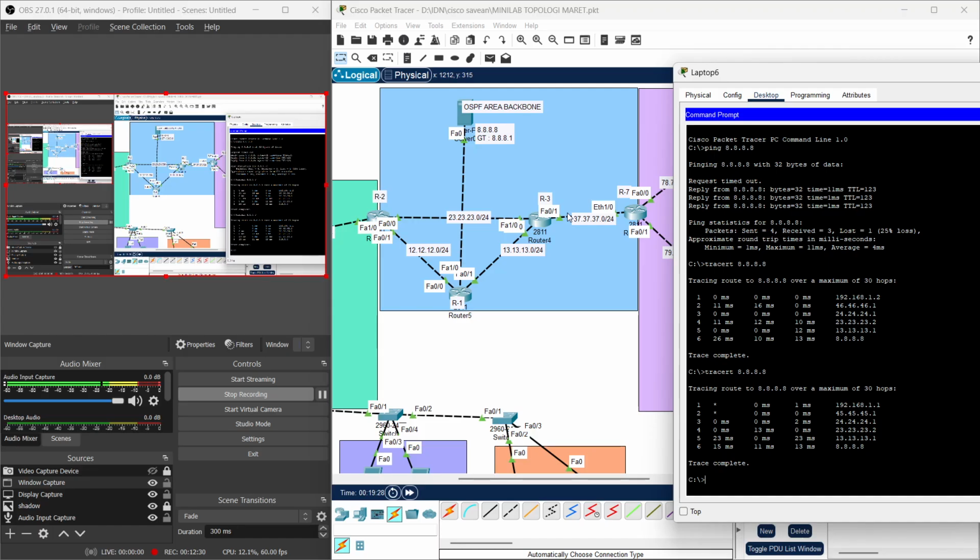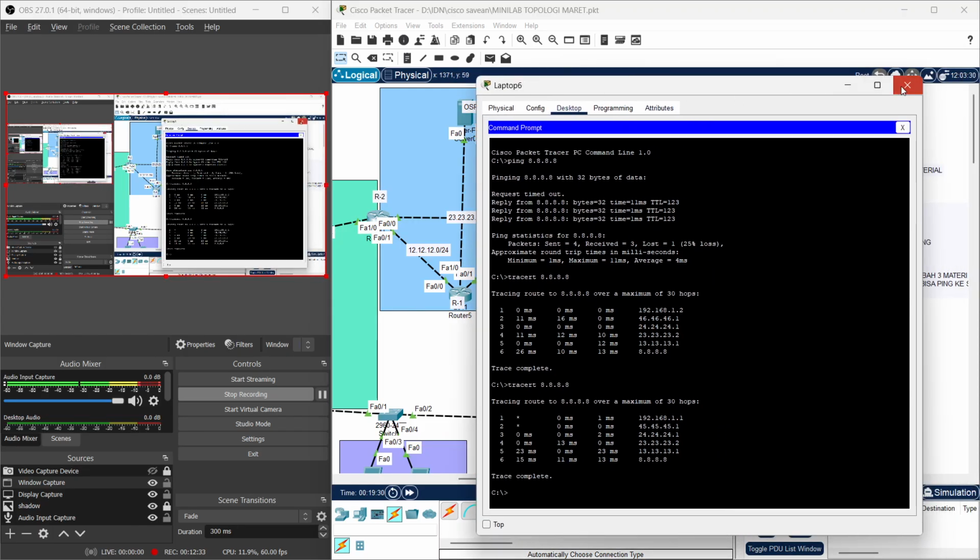After going to router 1, it goes to the server.